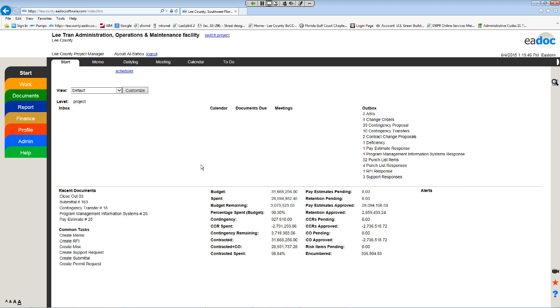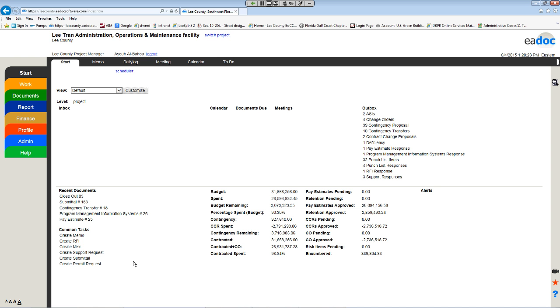You get the budget. Can you see my arrow moving? Yep. All right. You get the budget for my project, how much I spent, budget remaining, how much is left, and all the financial information is right there. So when my boss calls and says how much you spent so far, it's right there, and at the click of a button, I can give them those answers. The start button is where your dashboard is, and it tells you what the last document is that you have worked on, and there's a quick link to different